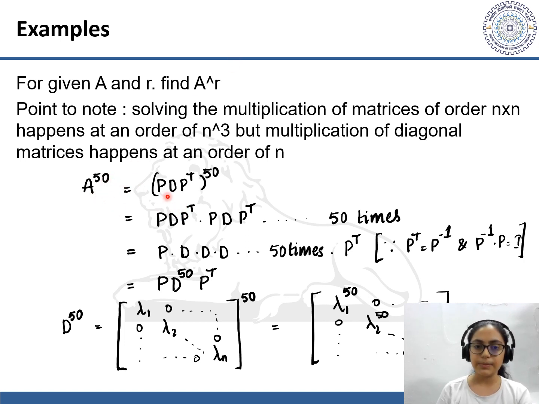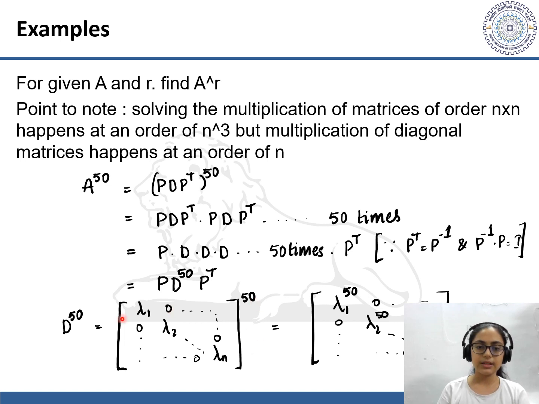A can be written as P D P transpose, assuming that A could be spectrally decomposed and it follows all the conditions of spectral decomposition. Then this could be further written as this. P transpose and P get cancelled because P transpose is the inverse of P. So it gets further transformed into this thing. And then this. D power 50 could be written in this way and then further into this way. You can check this by